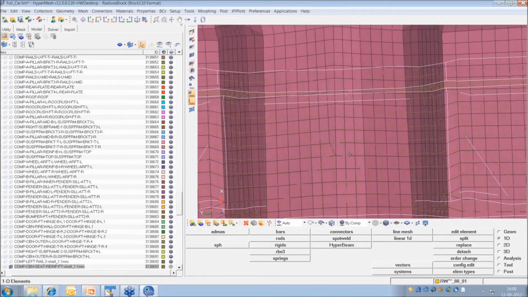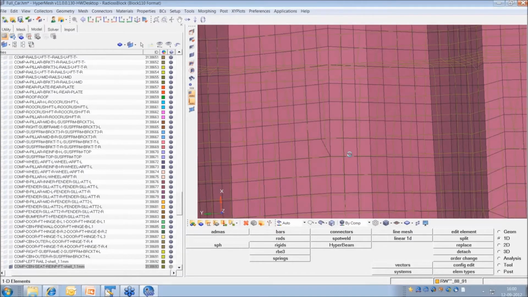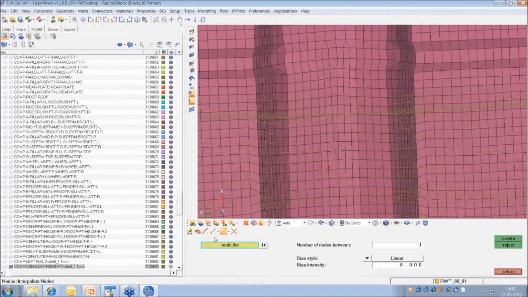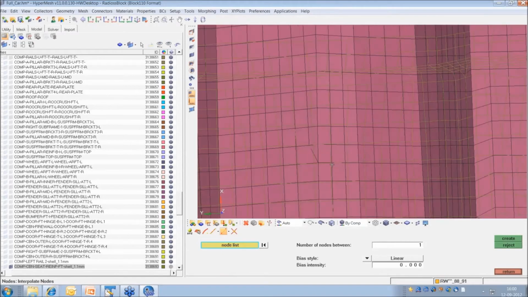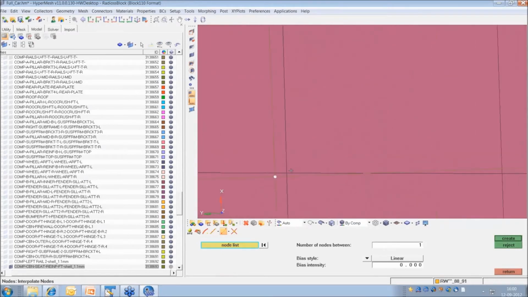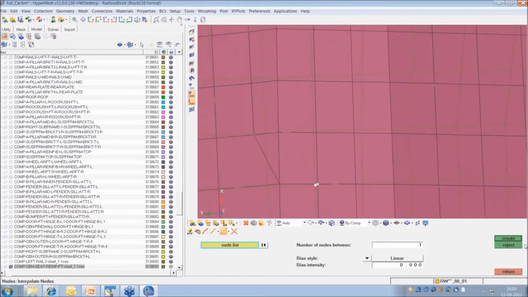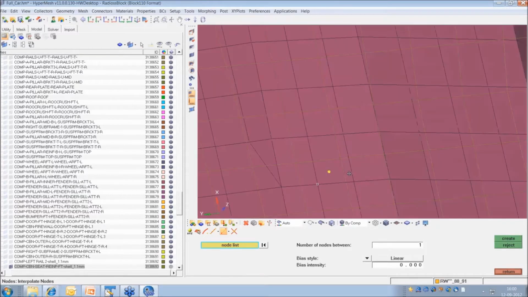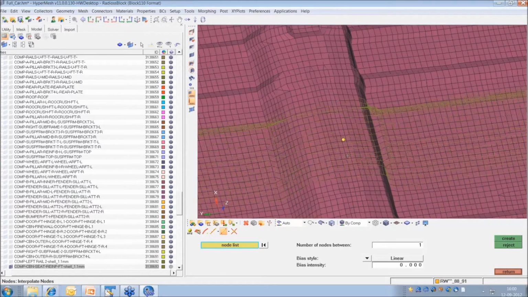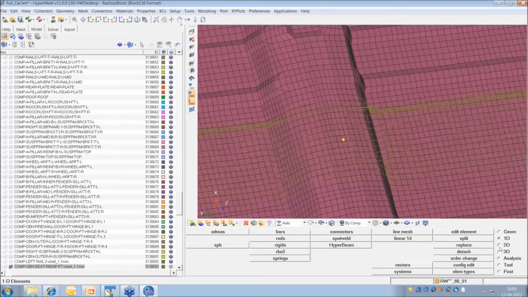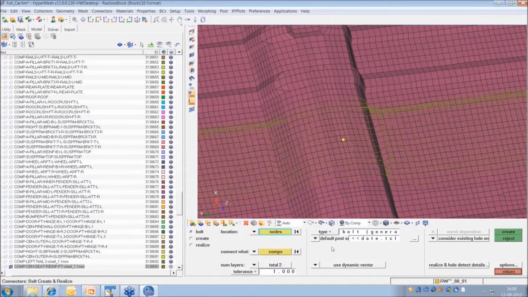I'll create a node in between these two, maybe here and here. Create. So a node has been created, which I will use for creating a bolt. I'll go to 1D connectors, bolt.